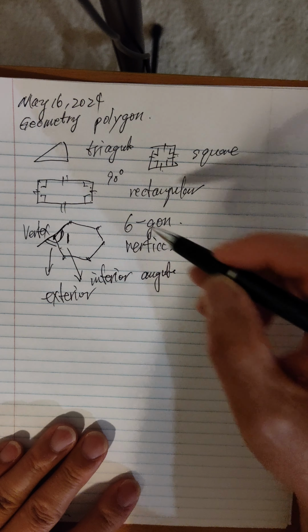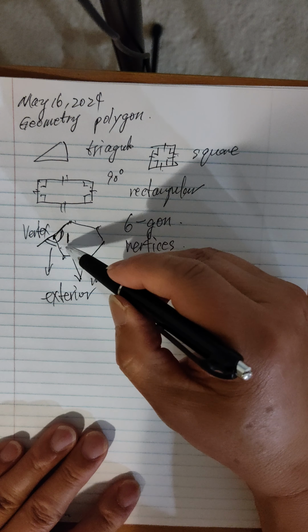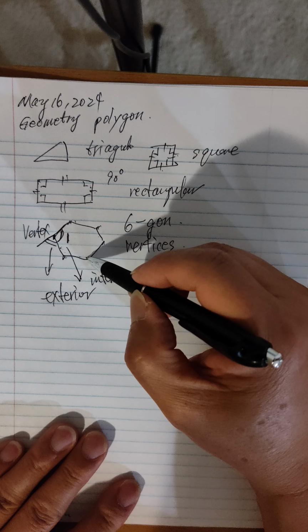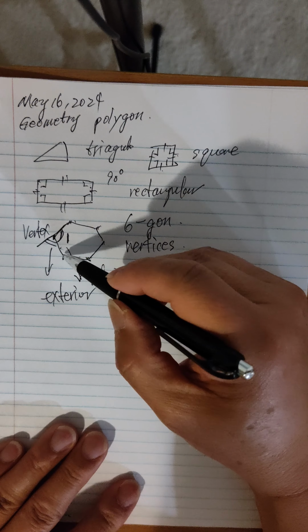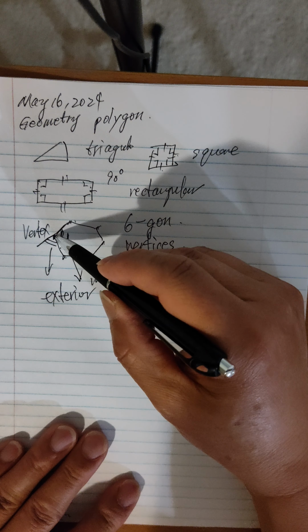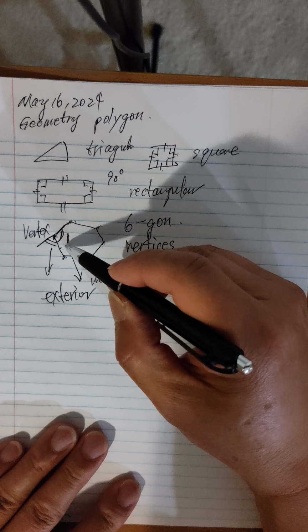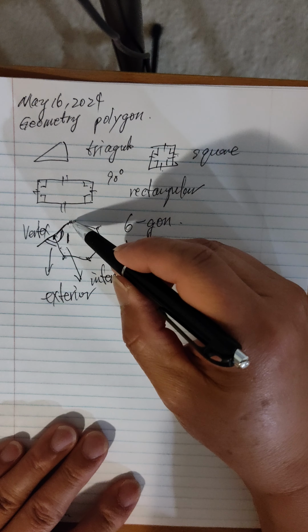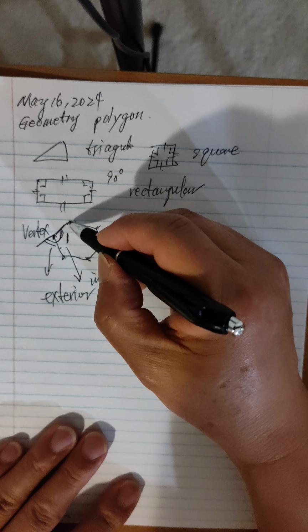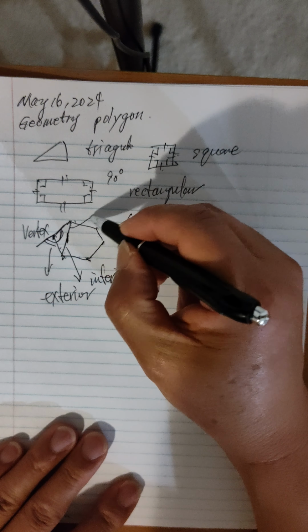And then another thing: see this one, these two vertices are consecutive, right? Because they are next to each other. Similarly, this one and this. However, for those two, they are not connected. They are not consecutive. If we connect those two, this is called a